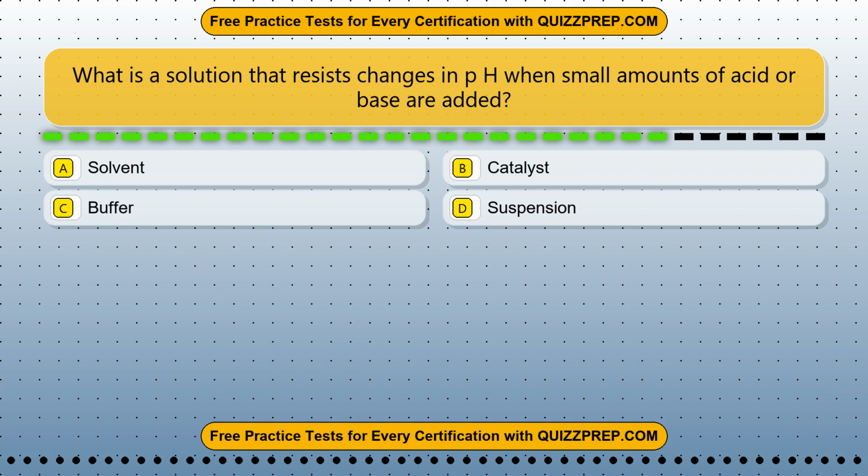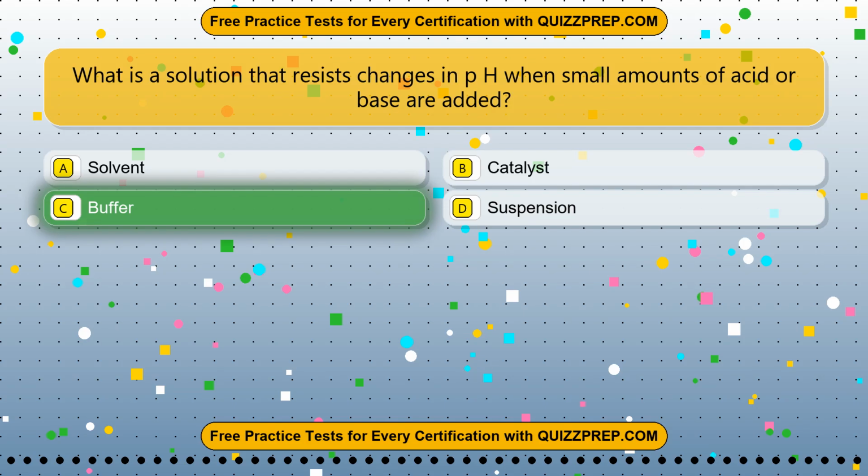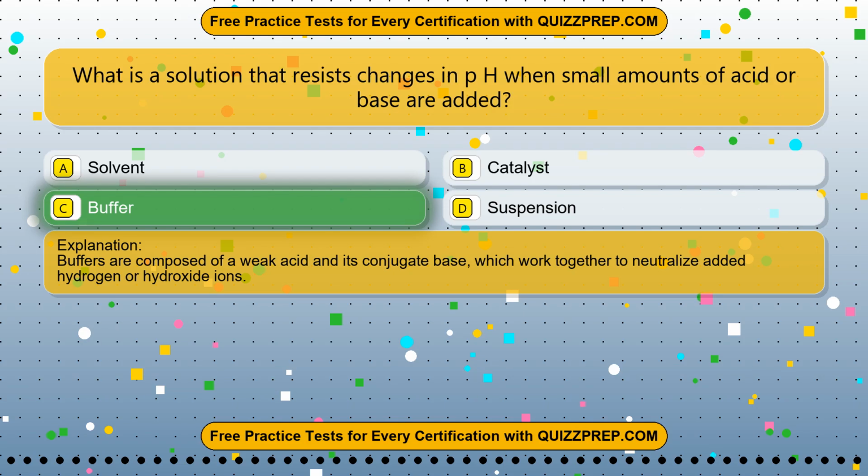Question 18. What is a solution that resists changes in pH when small amounts of acid or base are added? Option A, solvent. Option B, catalyst. Option C, buffer. Option D, suspension. The correct answer is option C, buffer. Buffers are composed of a weak acid and its conjugate base, which work together to neutralize added hydrogen or hydroxide